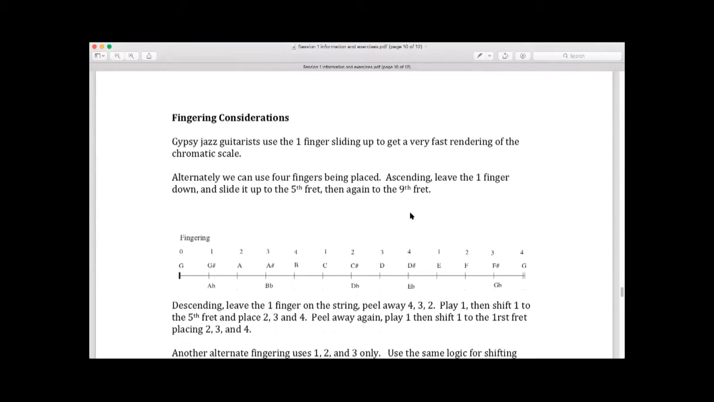So when gypsy jazz players, or players who play really fast, here, let me stop for a second. When gypsy jazz players want to play a really fast scale, what they do is just slide the index finger up and make the pick go really fast. I don't have my pick here, but